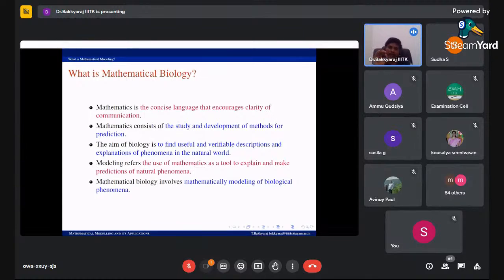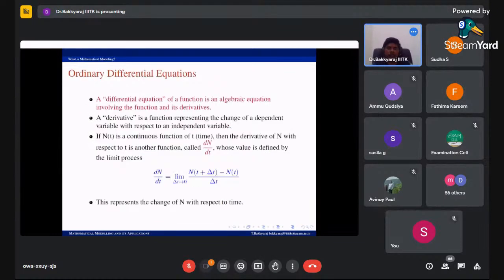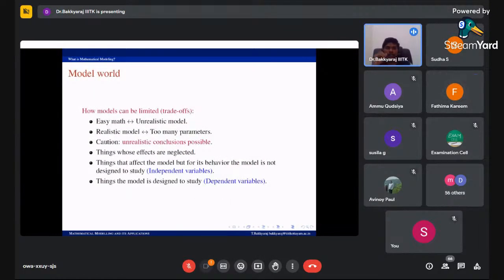Okay, so we are already familiar that it is a concise language, a very beautiful tool. We can make the description and explanation of phenomena in a very natural way. So here modeling refers to the use of mathematics as a tool to explain and make predictions of natural phenomena. Mathematical biology means modeling certain biological phenomena. So that is called mathematical biology. So here in the model world,